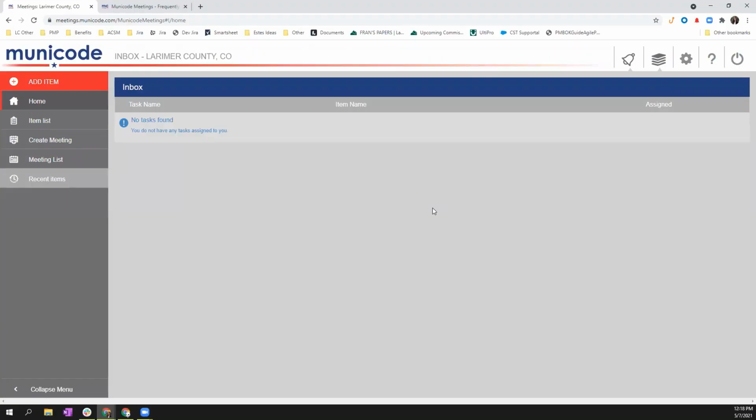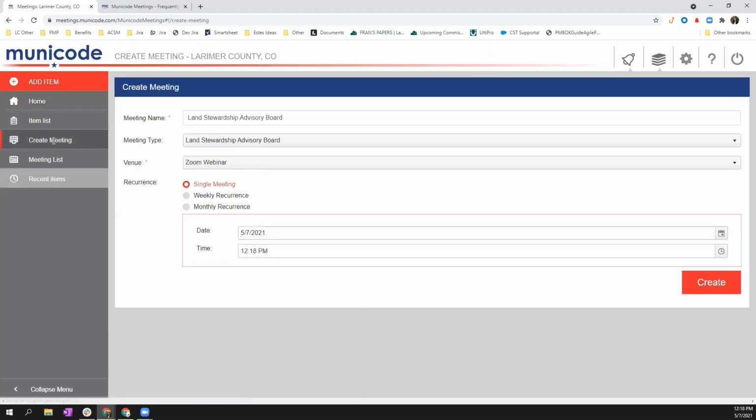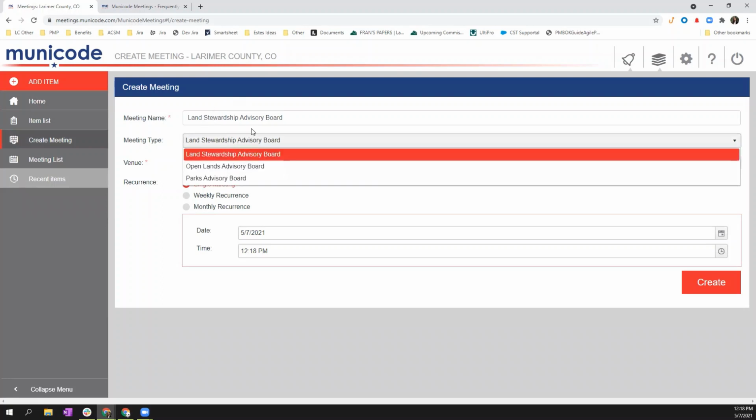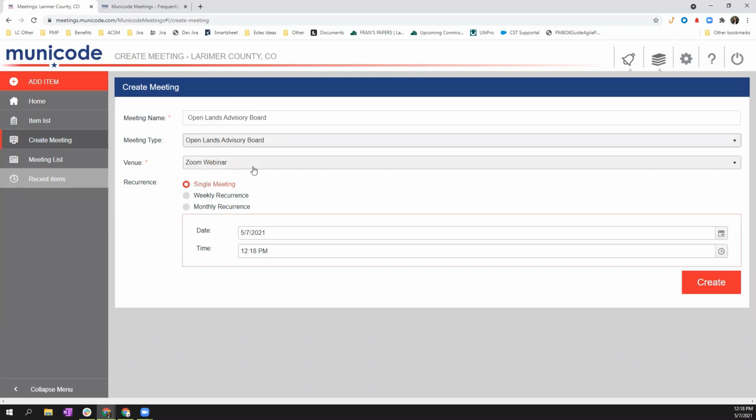All right, so we're going to create our first meeting in MutiCode. In order to do that, you will select the Create Meeting in the left-hand menu. When creating a meeting, you can select the meeting type in order to autofill the meeting name. So for example, I will select the Open Lands Advisory Board, and when I select that meeting type, that meeting